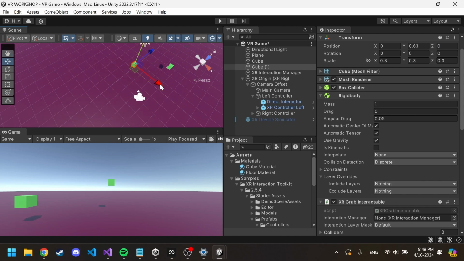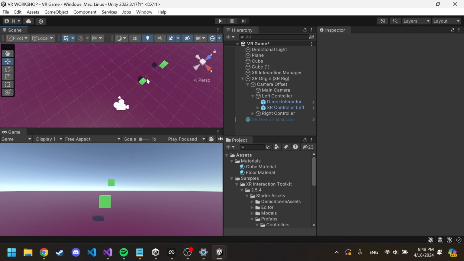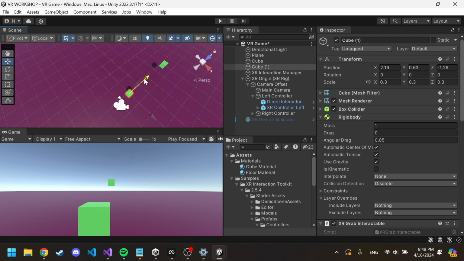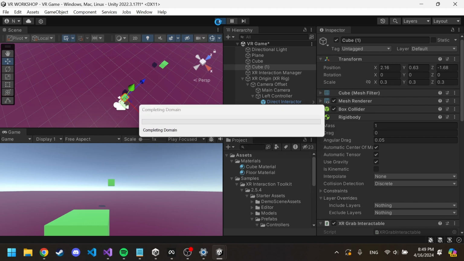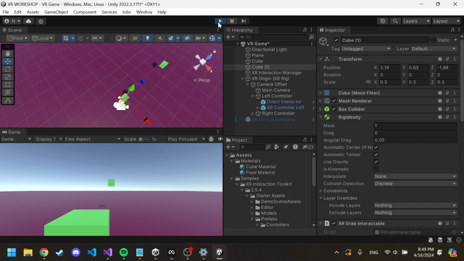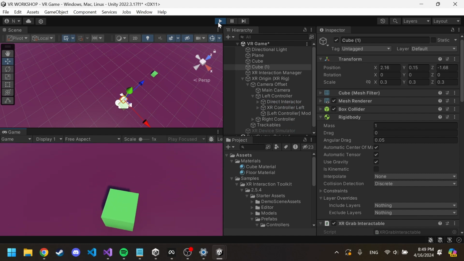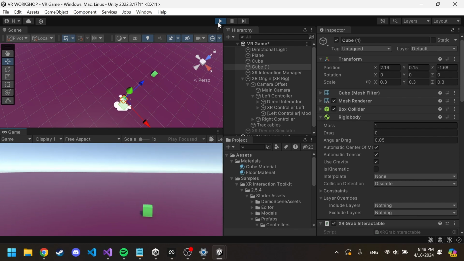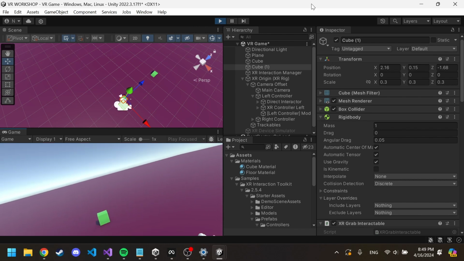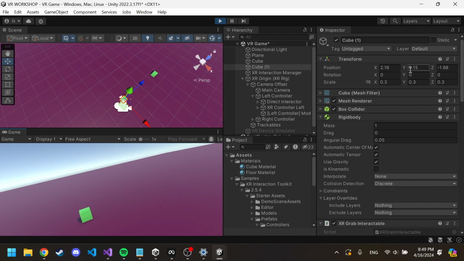I'm just gonna move it a bit closer to my scene, and let's try it. So if you look at my screen, maybe if I just move this cube a little closer to me,